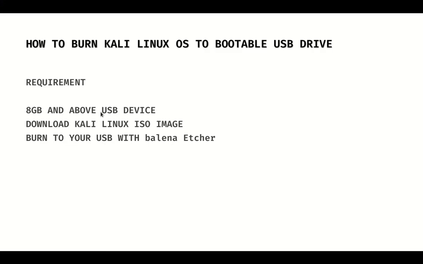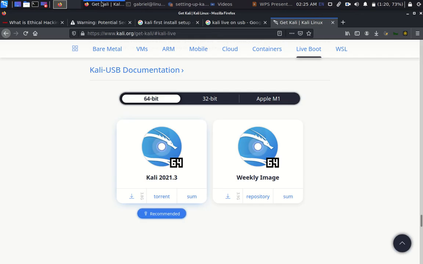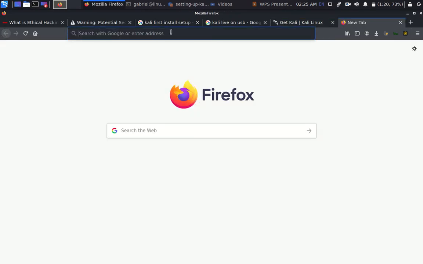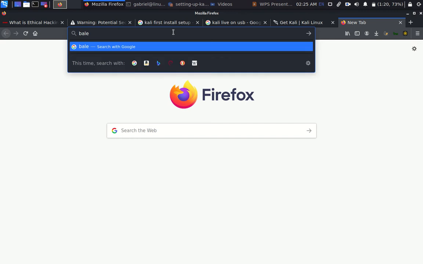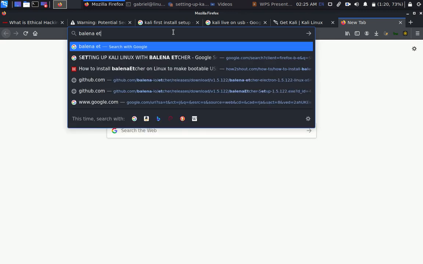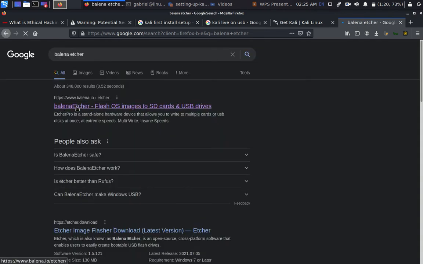Let's move back to this, and also then you need to install Balena Etcher. So you need to install it yourself. Let me just quickly show you how you can do that. If I open, for instance, say Balena Etcher, if you search that on Google, it has Balena Etcher at www.balena.io. If you click this one,